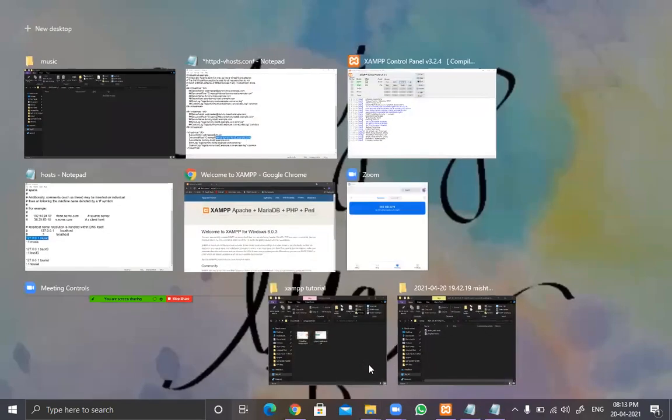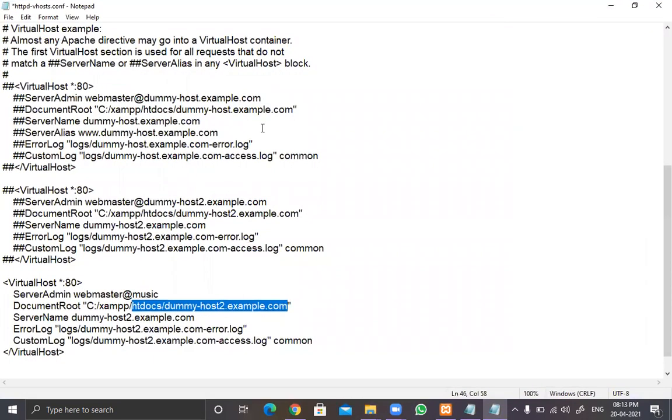So I'll be specifying it by using this technique: C drive, XAMPP, projects slash music. Fine. The server name is music, which I specified in the hosts file.